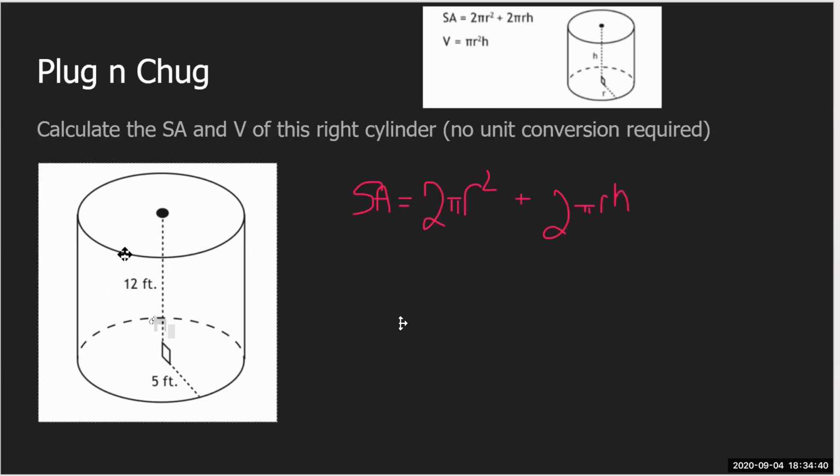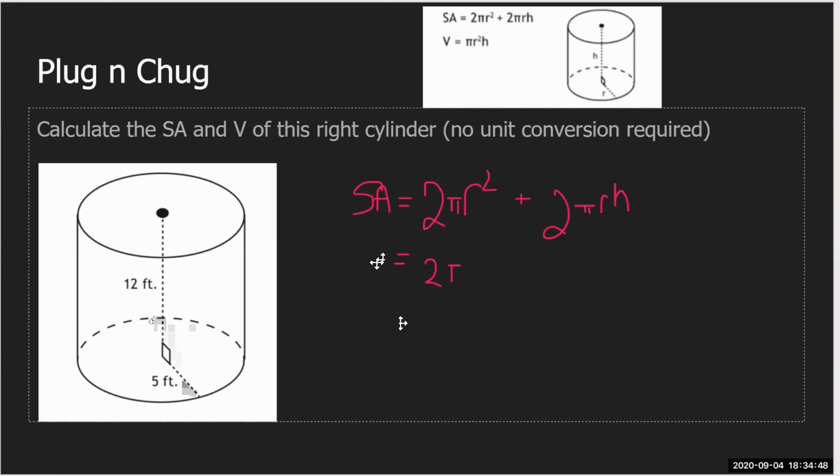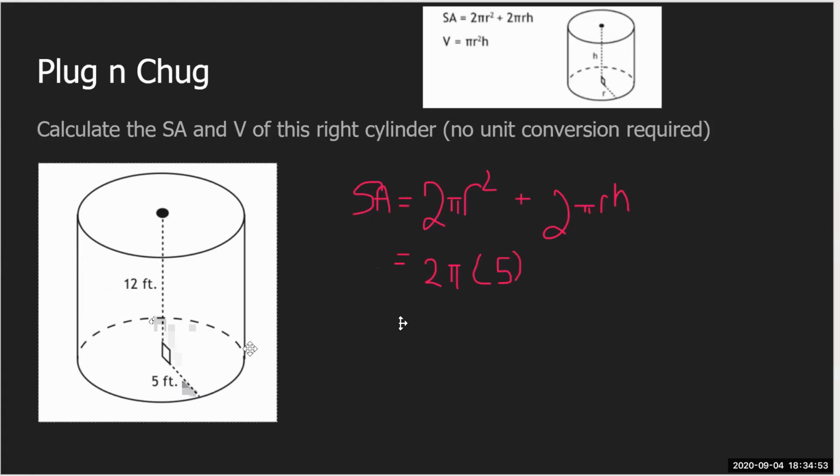Now, pi is a number, so we don't need to input anything there, but the radius is given, it's 5 feet. We want to first square that radius and then multiply by pi and multiply by 2, which will give us 2 times pi times 5 squared plus the rectangle, which is 2 times pi times 5 times 12. And once you add it all together, you get